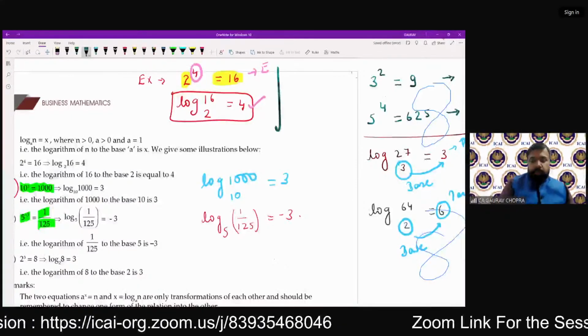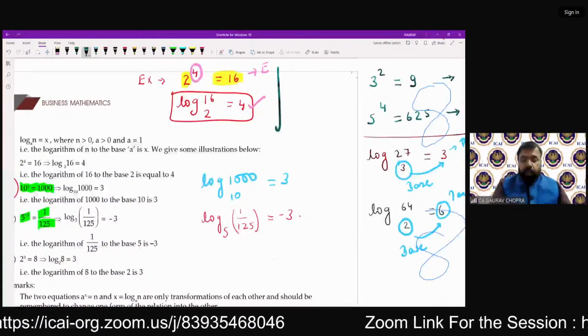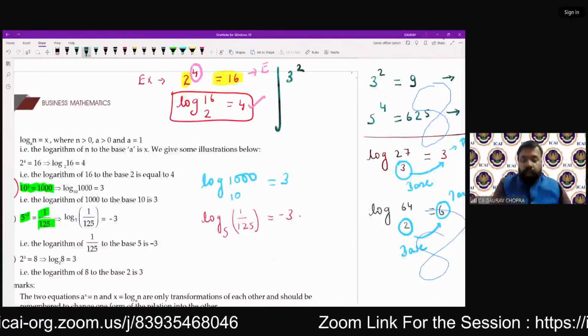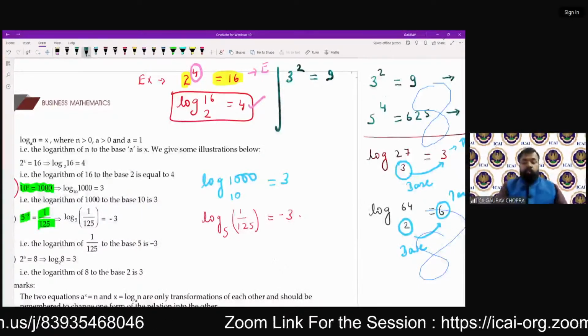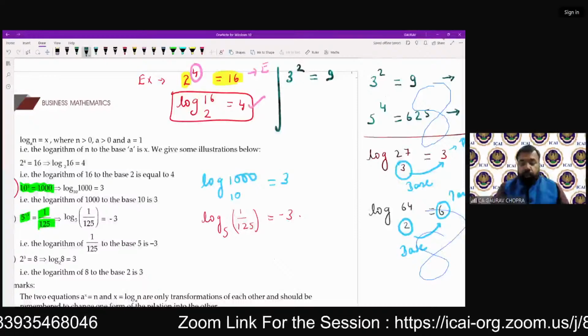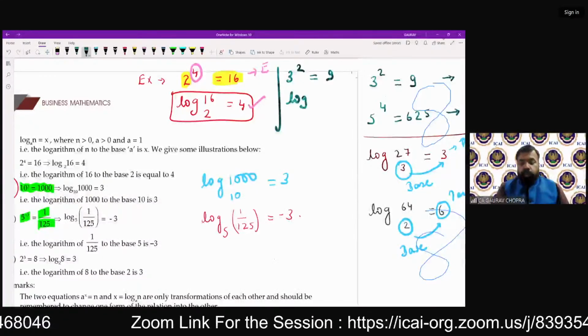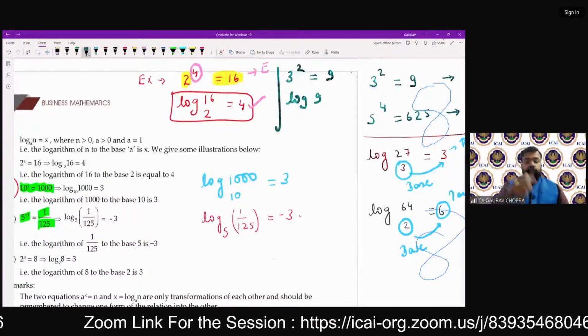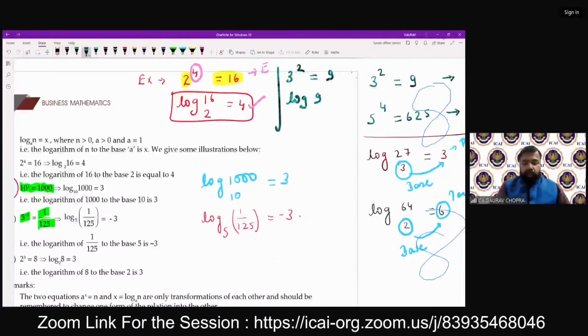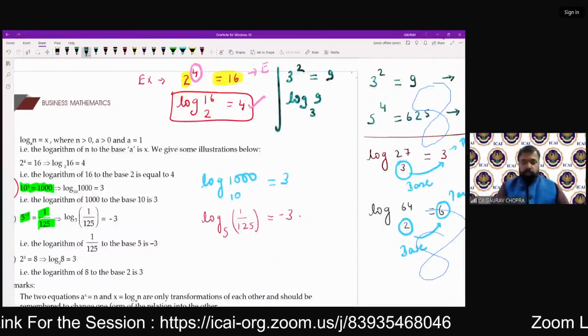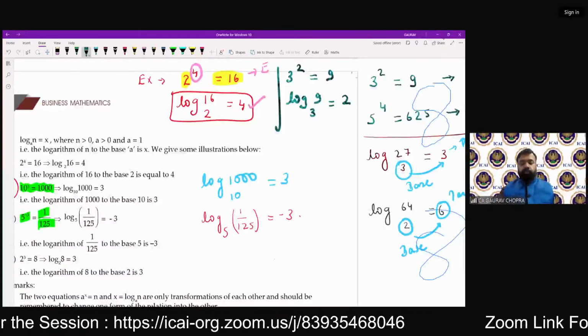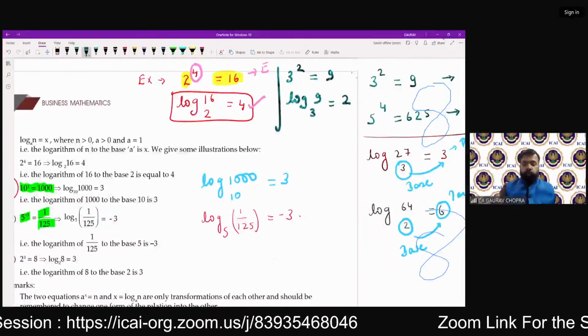एक और एग्जांपल मैं आपको लेता हूं सो दैट इट विल बी मोर क्लियर। लेट्स टेक 3 स्क्वायर इज इक्वल टू 9। इसको भी आपको लिखना है इन लॉगरिथम फॉर्म। तो क्या करेंगे? log ऑफ 9, 3 कहां पे है? बेस में है, तो 3 को बेस में लिखेंगे, इज इक्वल टू 2।